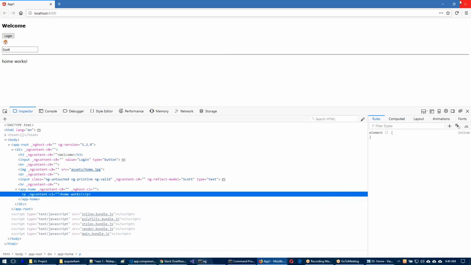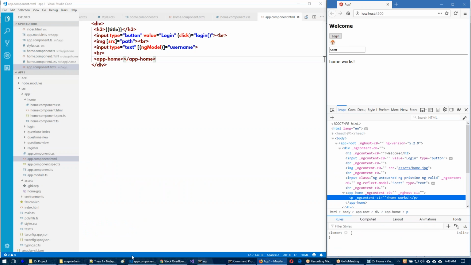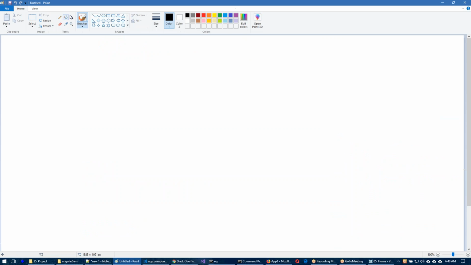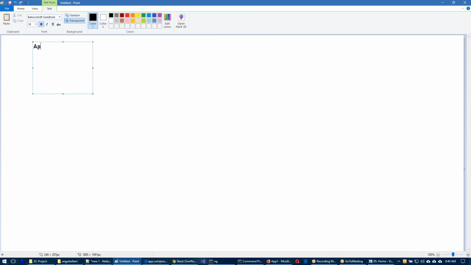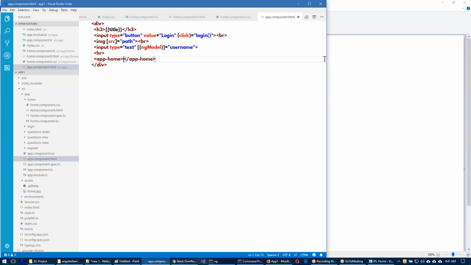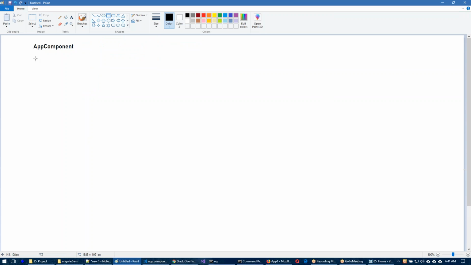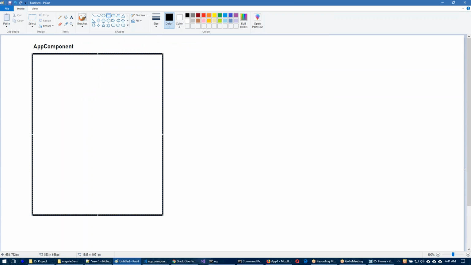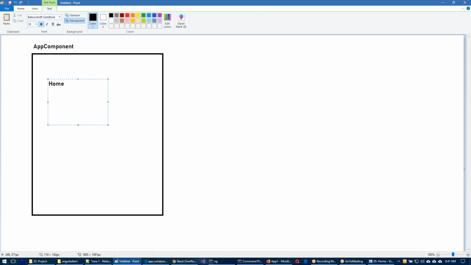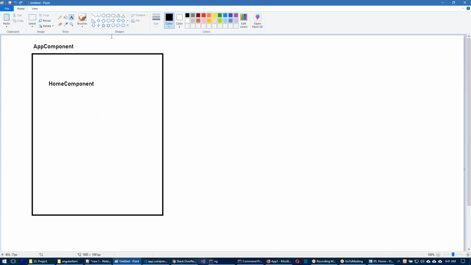And now we can notice the current structure is like this. At the first level we have the app component. Inside the app component's template, we are displaying the home component. Even though theoretically the app component and home component are independent, from an execution perspective, since we have called the home component inside the app component, they become parent and child, right?